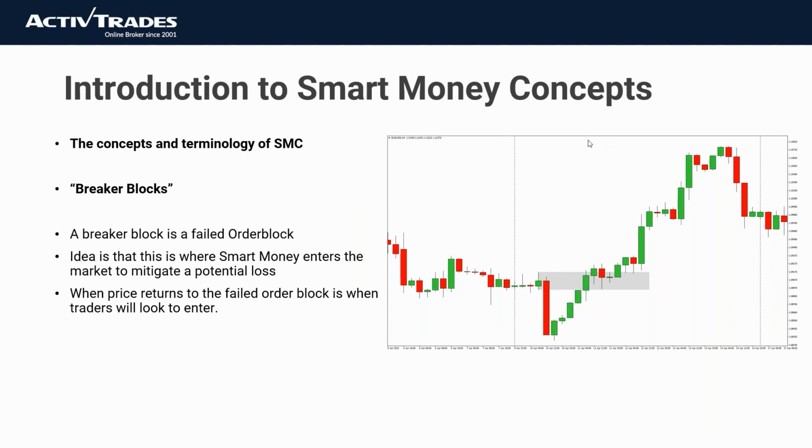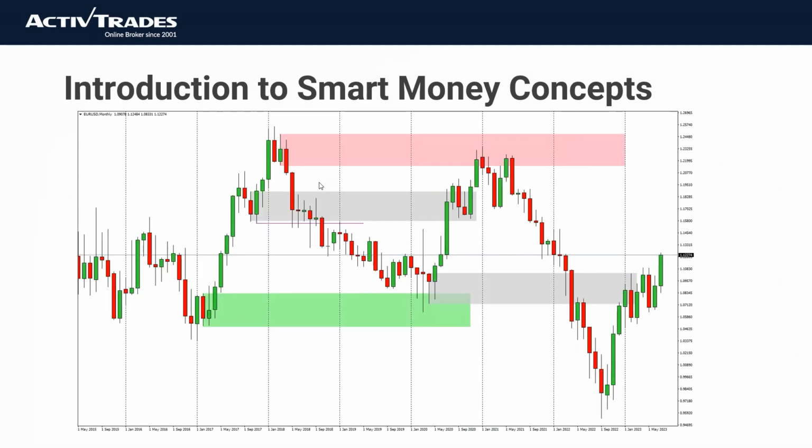So that's what a breaker block is. A breaker block is just a failed order block. And this is an example. I was just saying that lots of the traders use very, very short time frames, trading on 5 minute, 1 minute. I've even seen traders trying to trade beneath that. Yeah, good luck to them with that. But the actual concepts will work across all time frames, and that's what we're trying to get across here. And this is the monthly chart of the euro dollar, and what I wanted to be able to see was that